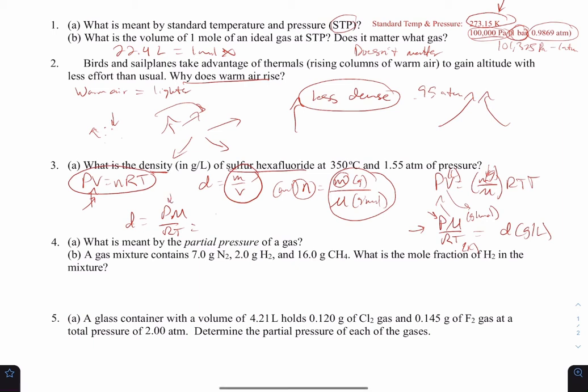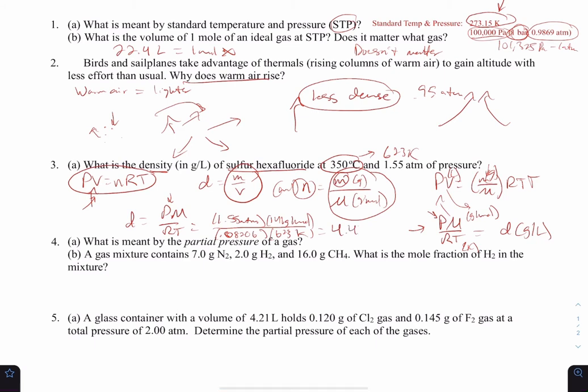Now I need the pressure, which is 1.55 atmospheres in this case. And then the molar mass of sulfur hexafluoride is about 146 grams per mole. And then that would be over the R constant, which we know is 0.08206. I'm not going to put all the units there just for room's sake, but you know that it's liter atmospheres over mole Kelvin. And then overall, we need this temperature to be in Kelvin, which is about 623 Kelvin. So I'm going to put 623 Kelvin. And then you just plug and chug from here. If you do this right, you should get about 4.43 grams per liter for the density